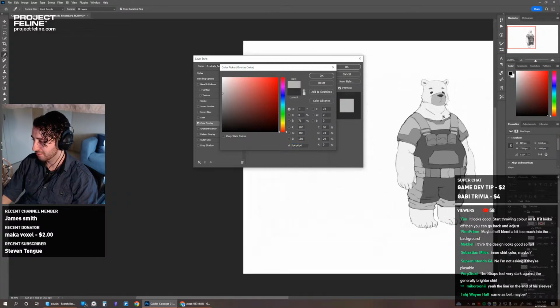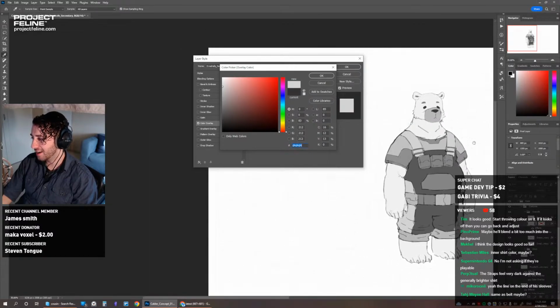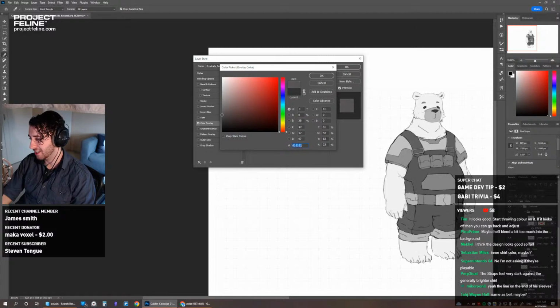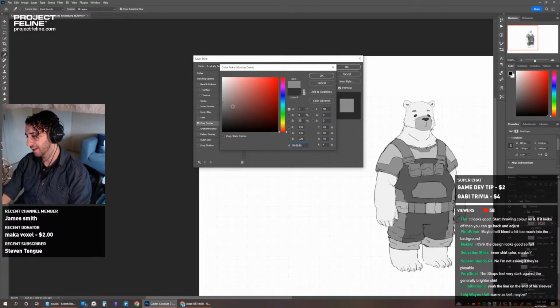Ooh, actually, this is kind of interesting. What if I made it light? Oh, no, that might be a problem because it looks cool and if it was a different color... But I think the whole point of value is that it's supposed to look good even in black and white. I think this would look good in color with the brighter stripes, but it doesn't look good in black and white because there's too much blend going on. There's too much fighting with the lines.